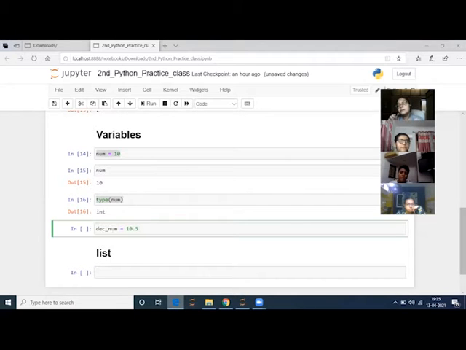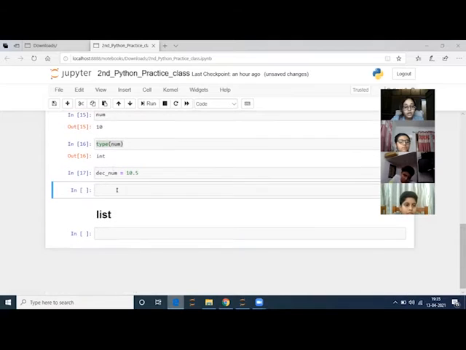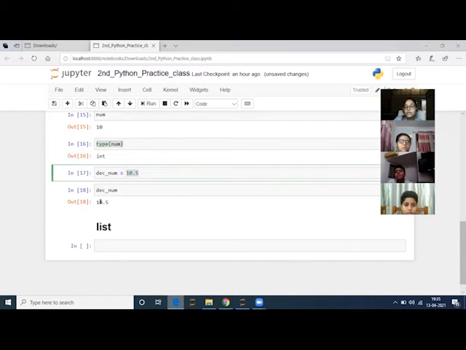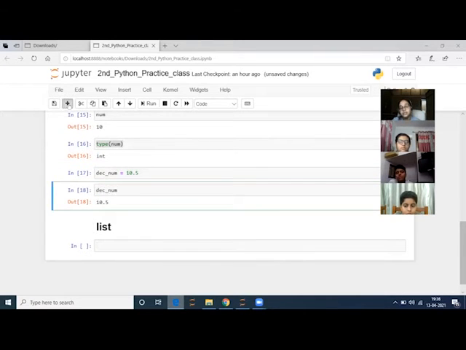To run the cell, remember you can click on shift enter or control enter, or if you don't remember this, then click on run. Okay, so this number we will check this out. Here we are able to exactly get what we have initialized and not only 10, right? We are getting the entire thing. So this works fine. This means machine has actually understood that we have a decimal number.